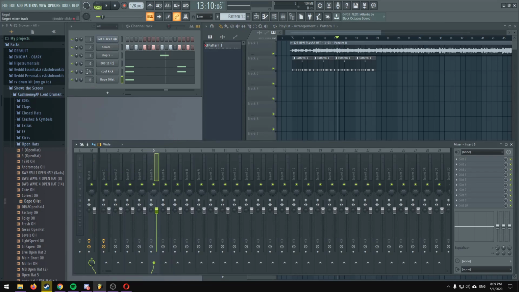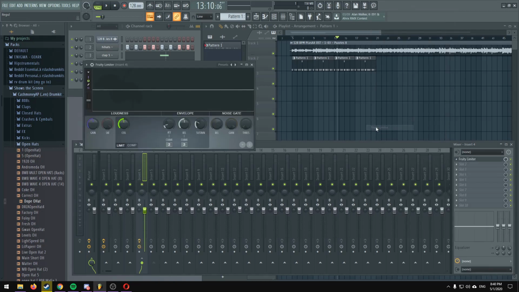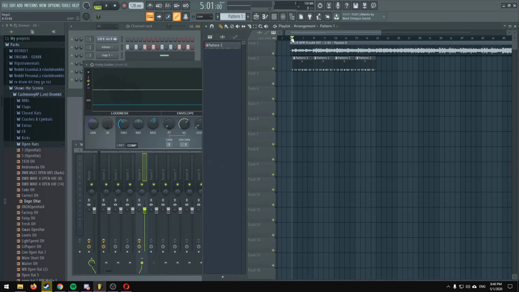Now what we can do, so our cool kick is on mixer track 5, our 808 is on 4. We click on number 5 here, then go to the bottom of number 4, which is our 808. Right click on this little arrow and say sidechain to this track. Now we come over to 4, 808, open up a new slot, and we go to Fruity Limiter. Click this comp tab, right click this little sidechain menu, click insert 5, and bring this threshold knob down and turn the ratio up a bit. And when we play it,